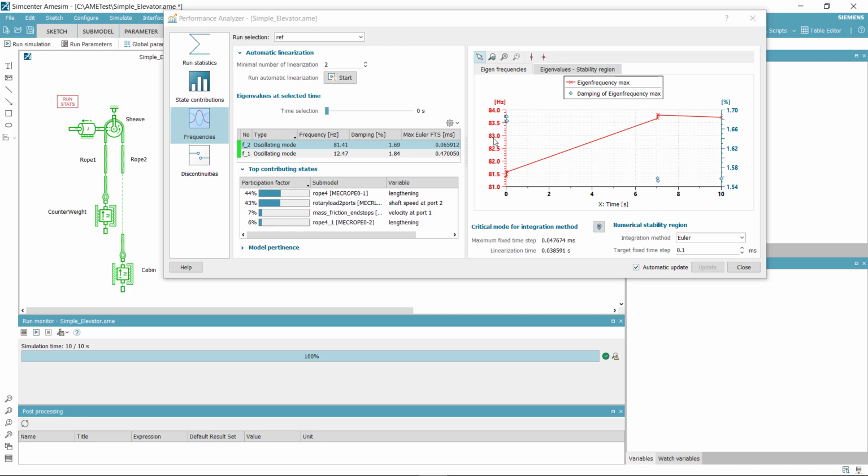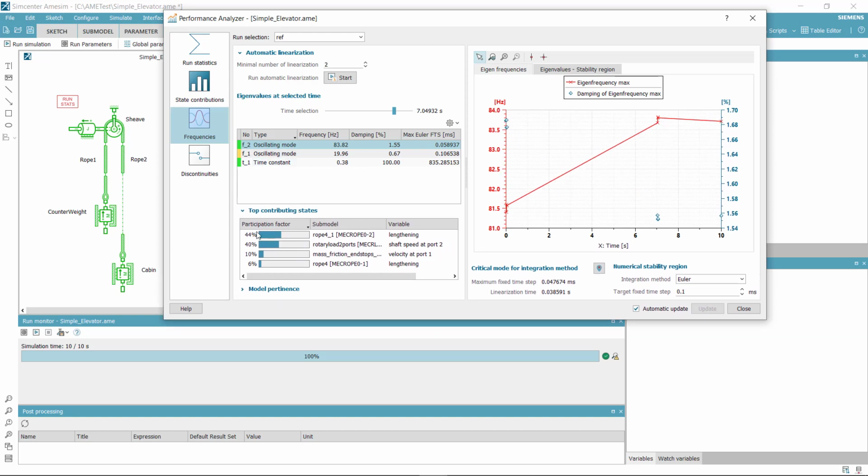The content of the table can be customized by clicking on the gear shape button in order to choose the properties for the model reduction analysis. You can use a slider to select a time point of interest. You should look for higher frequencies, which are lightly damped. Here, we set the time selection point to around 7 seconds. Click on the mode. The top contributing states are listed in the following zone. Double-click on a line to highlight the component on the sketch, so that we can see which components contribute the